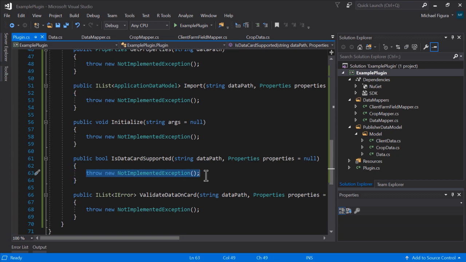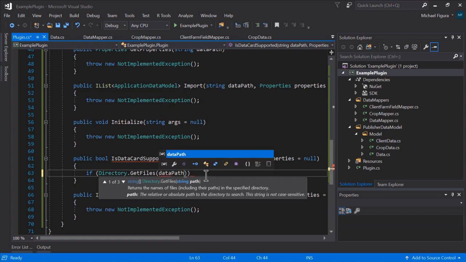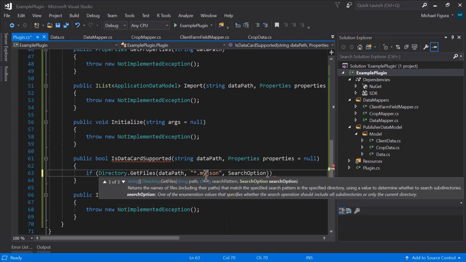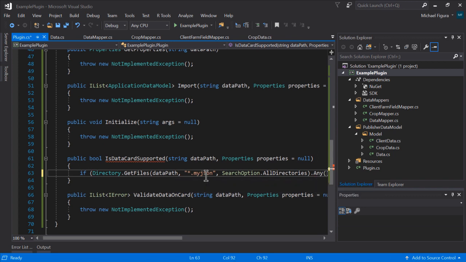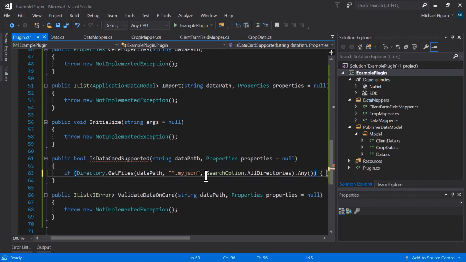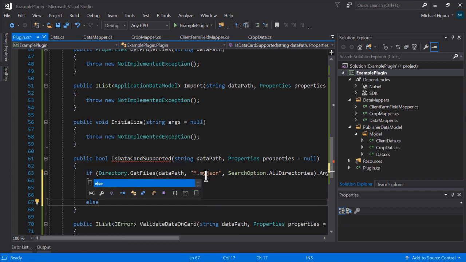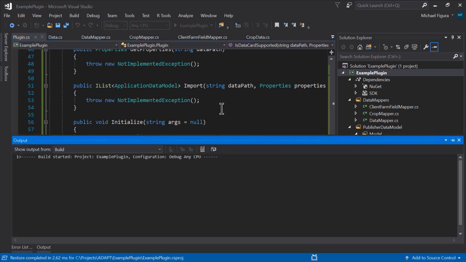Now there's one more method in here we have to implement, otherwise it'll throw an error when we use the Adapt Visualizer. So we're going to use IsDataCardSupported, and we're just going to say if there is a file there in our path and it ends with the extension my.json, we'll use the same search options, then we're going to return true. Else, we're going to return false. And that'll keep a runtime error from occurring. And we'll build it,